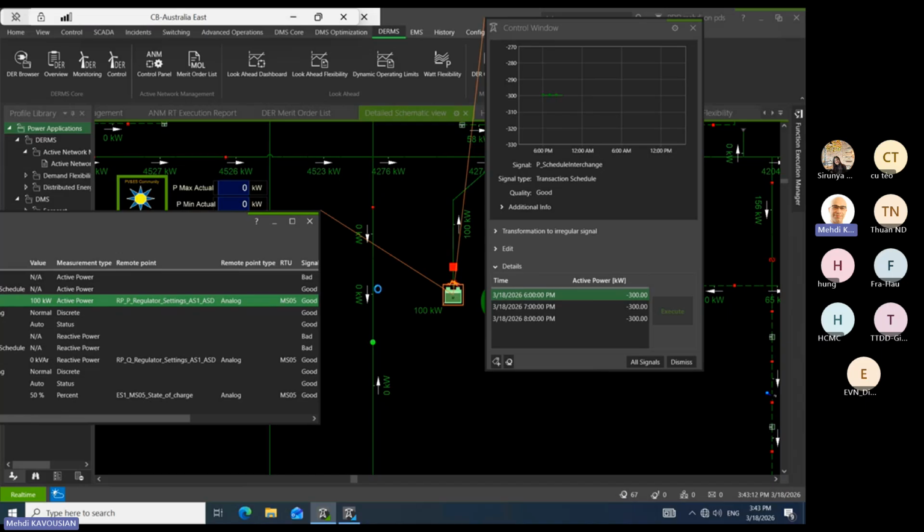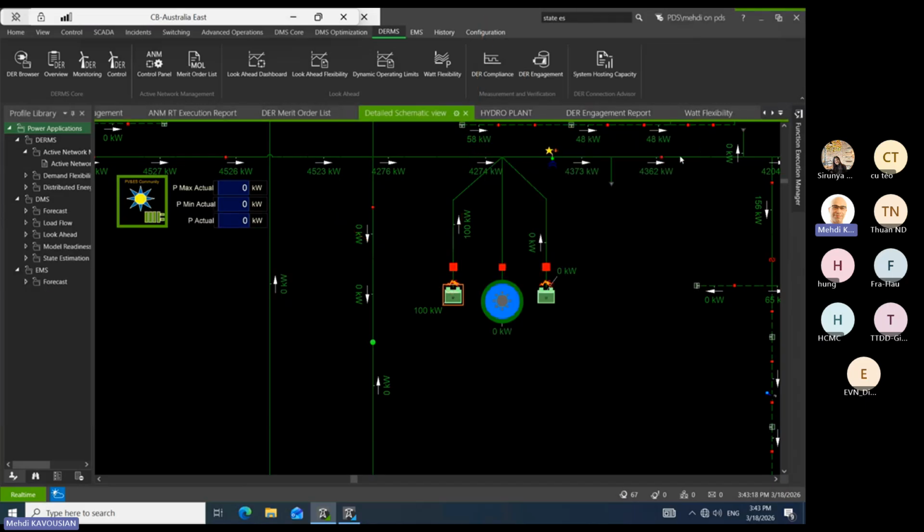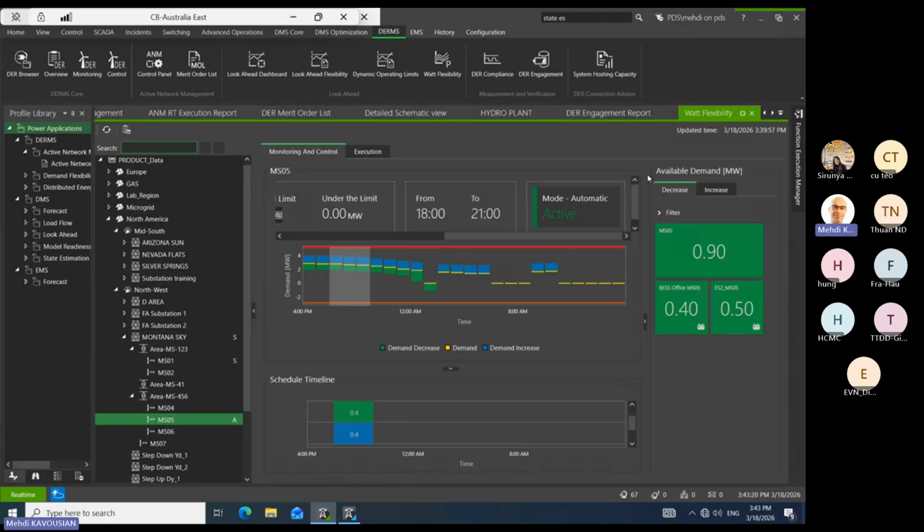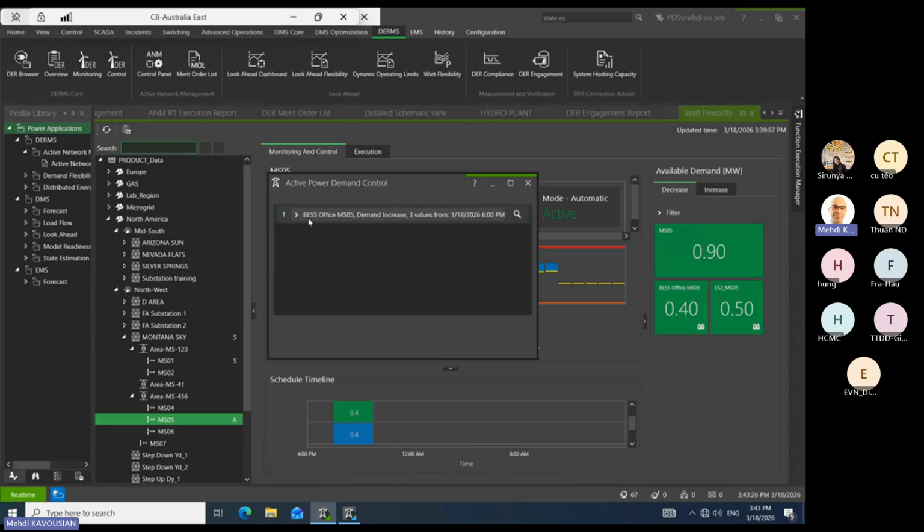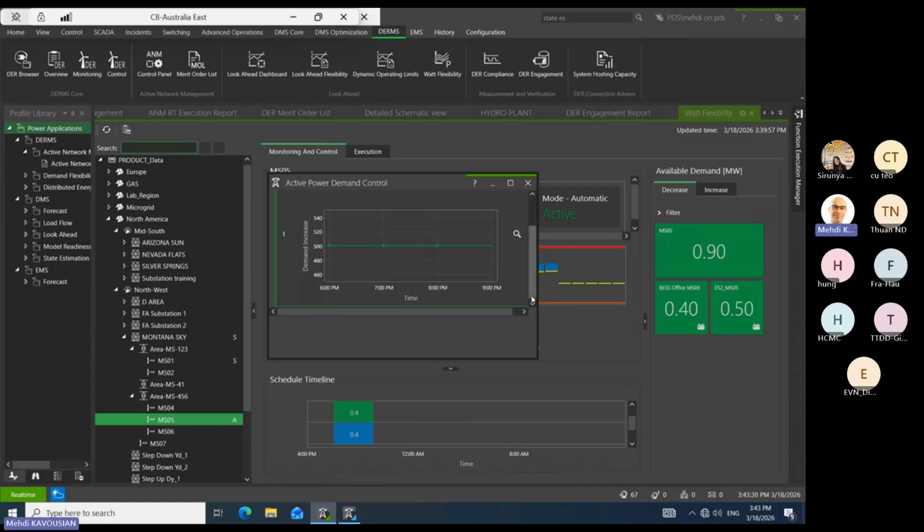Now we say reduce. But the operator system has to erase the first schedule. Maybe there is a way to erase it. I don't know exactly. Probably I will follow up with that question. I don't think we can say forget the last command we sent to you. I will check that, but I doubt we can